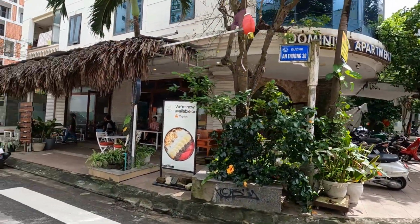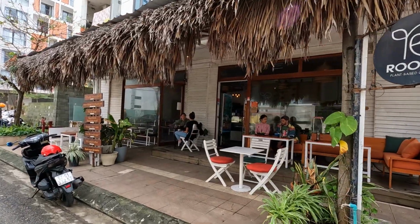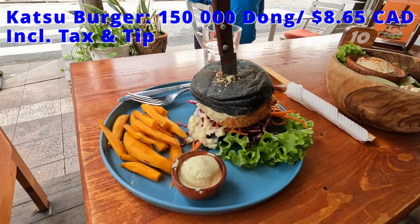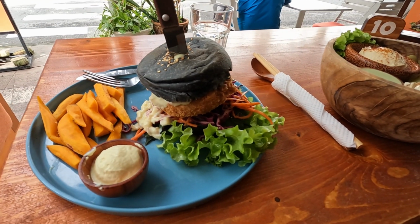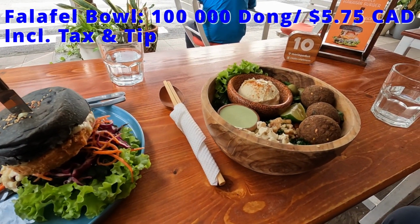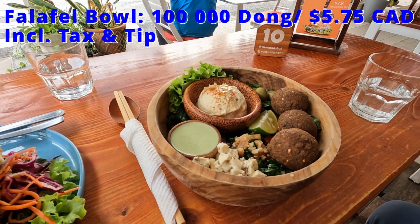If you're looking for some vegan or vegetarian options, make sure to try Roots Plant-Based Cafe. The first time that we went there, we sat outside on the patio, and I ordered the huge crispy katsu burger with Let's Plant Meat katsu on a pandan bun, with red coleslaw, vegan tartar sauce, and vegan mayo, served with sweet potato fries. Tom had the Mediterranean falafel bowl with green herbs falafel, chickpea hummus, olives, grapes, walnut, tofu